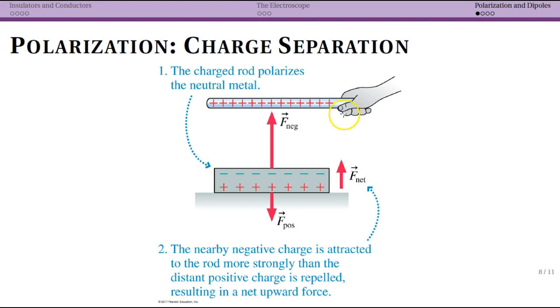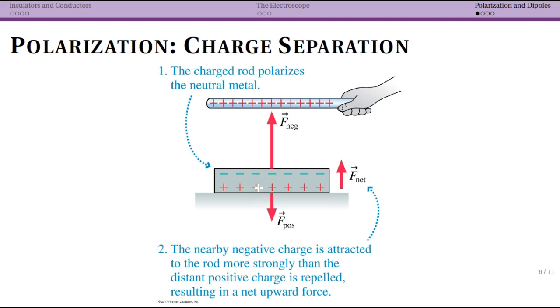Now, the presence of these positive charges polarizes the metal. The negatives are attracted to the positives, and so we end up with negatives on the upper surface and positives on the lower surface. So we call this polarized. There is again no net charge on the metal, but one surface has one charge, the other surface has the